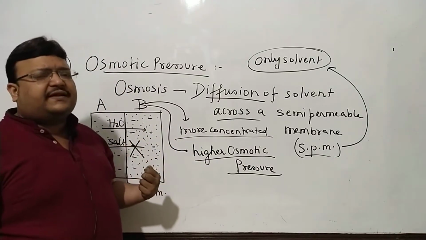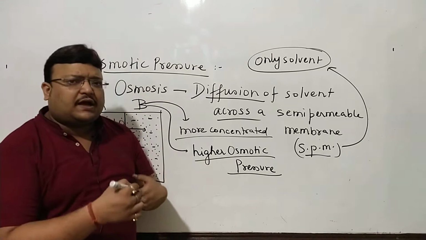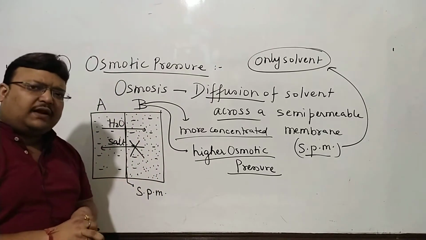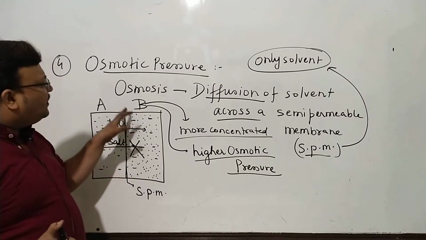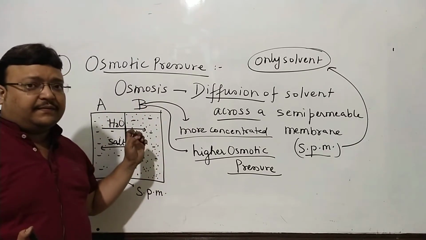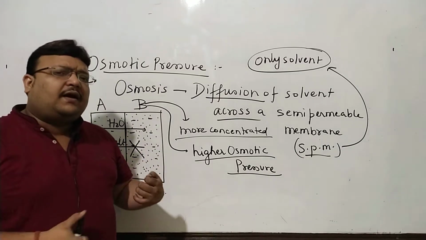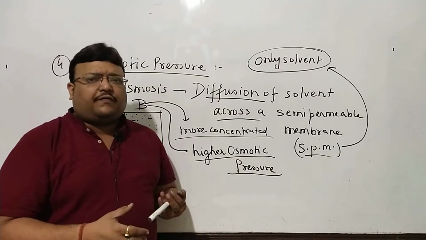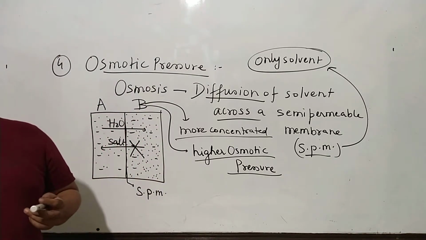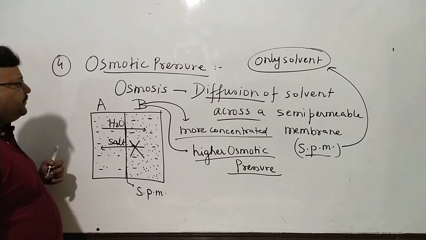We're going to learn terms like isotonic, hypotonic, hypertonic. Some of you might have already known this. But naturally, both the direction and the rate at which this happens is because of the count of the particles here. They're also studied under a particular name. They're called Van 't Hoff's rule or Van 't Hoff's law.